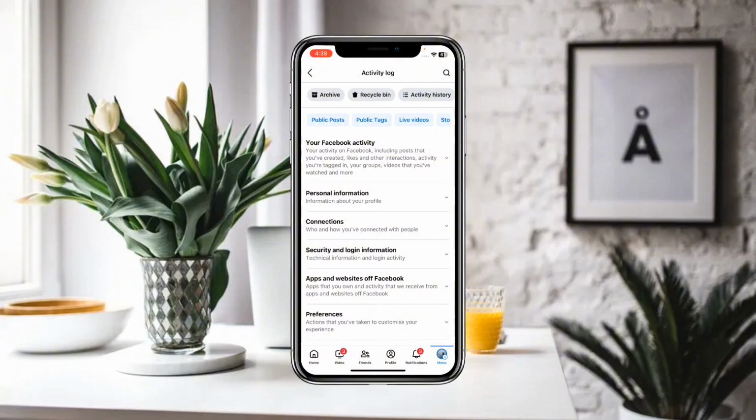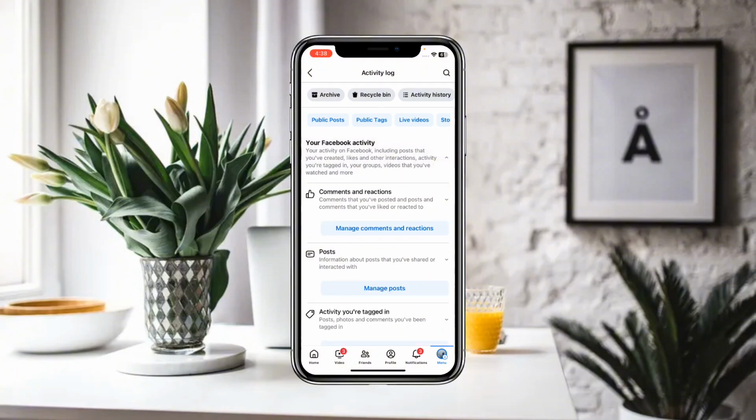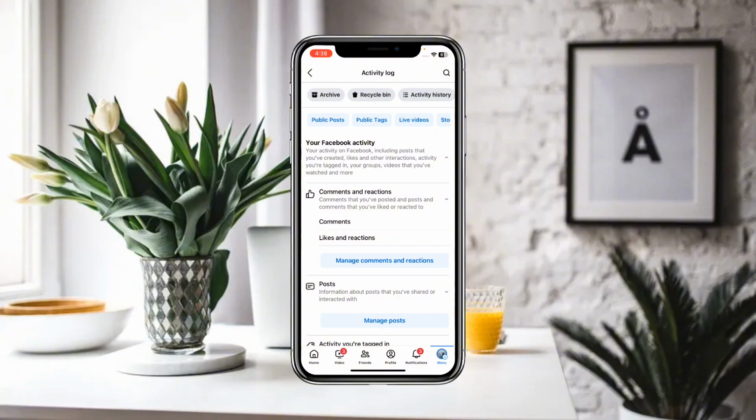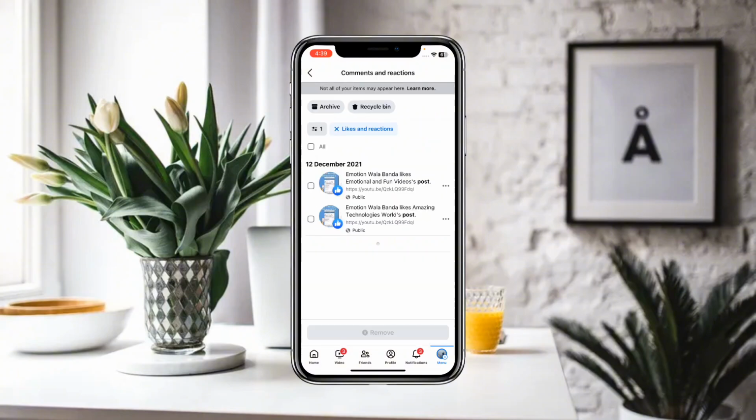Here you have to click on that arrow, and you will find the option of comments and reactions. If you click on the arrow again, then there will be the option of likes and reactions. Here you have to simply click on that. So now all the liked videos and posts will be shown here. You have to click on all, and after that,